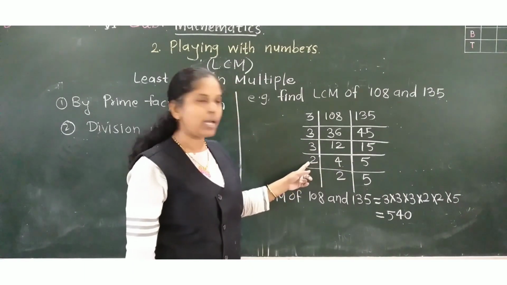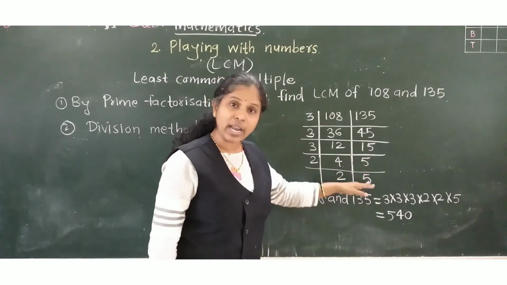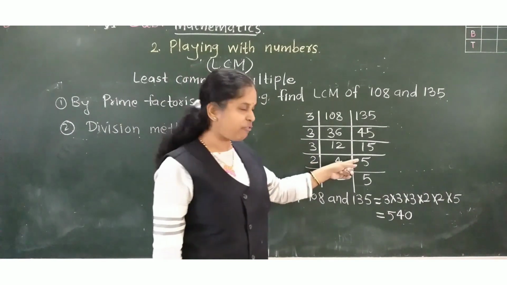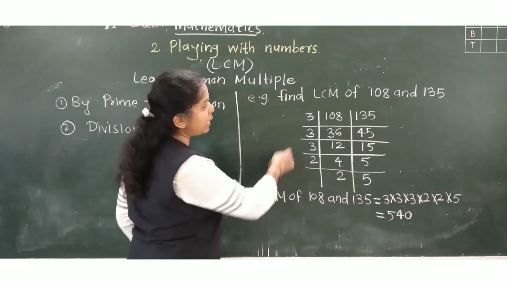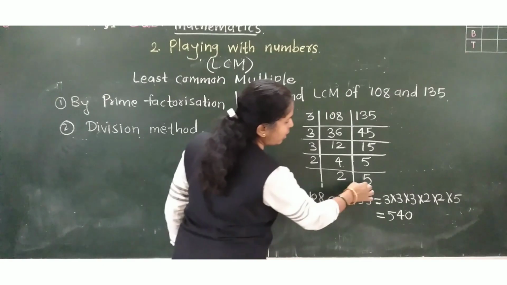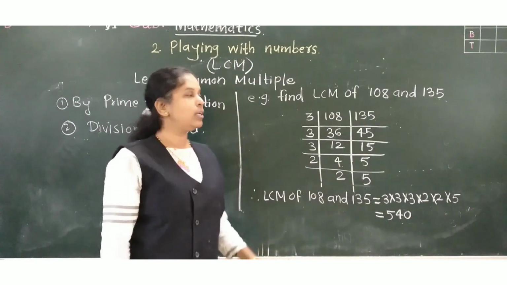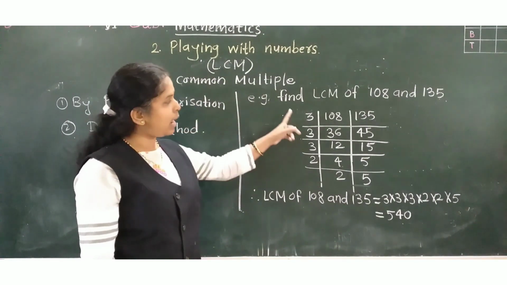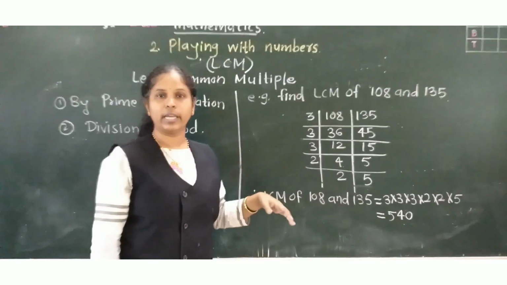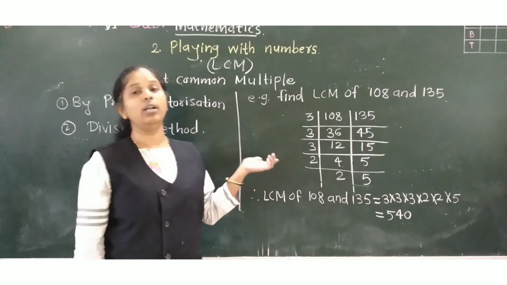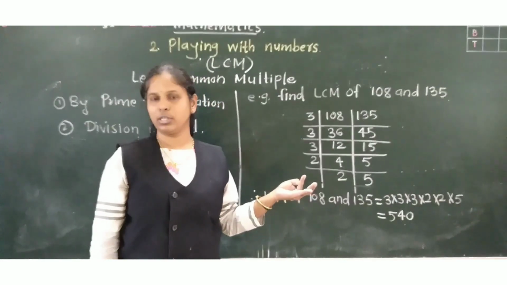That number we can divide by any prime number. Now see, 4 I divided by 2. 2 is a prime number. I got the answer here, 2 2s are 4. And 5 right as it is, because we did not divide 5, no? So copy down that as it is. And then we have to multiply all these prime numbers, whatever we got, to get the LCM of given numbers. Understood? The prime factorization method, and this is the division method to find out LCM. In LCM, in prime factorization method, we are taking common factors also as well as uncommon factors also.